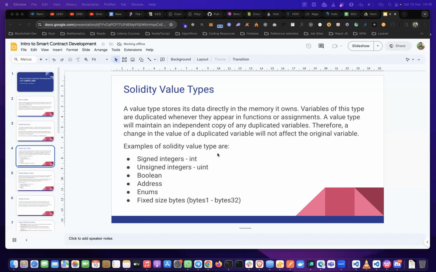Let's continue. So I was talking about Solidity data types, and we talked about the types of data types in Solidity. We have the value types and